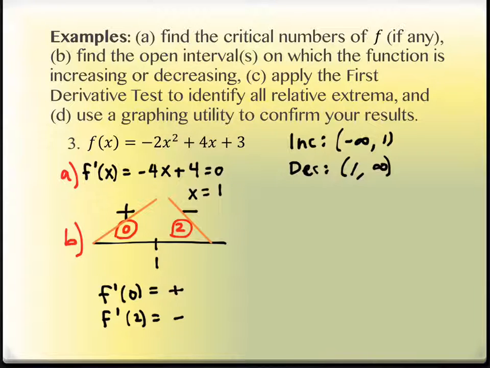Looks like that, right? Graph's going up, graph's going down. Can you tell just by drawing those simple little line segments in there what's happening there? What's happening at 1? It's a relative or a local max. Yeah, absolutely. This right here is a max. So part C tells us that we have a maximum